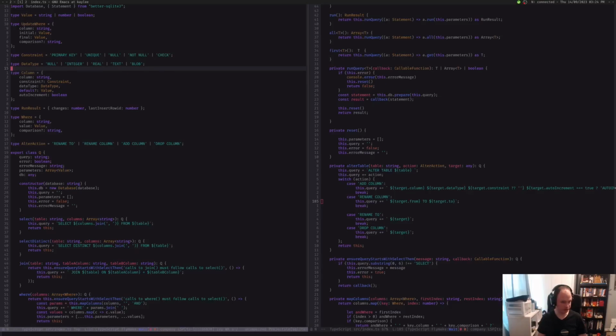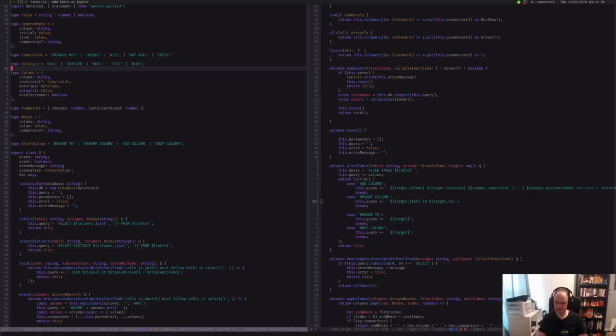Probably should define that. Oh well. It takes the target data structure of a from and a to and splits that out into the correct things. Actually, no, I don't need to define that because